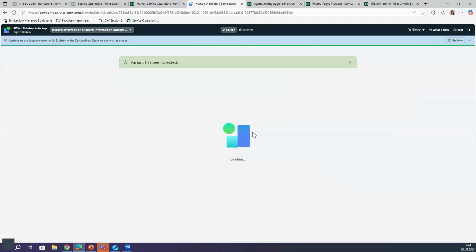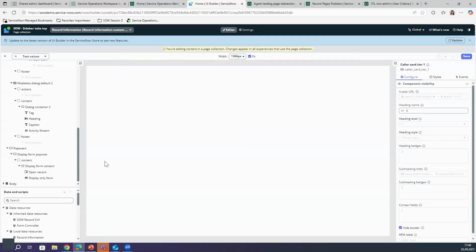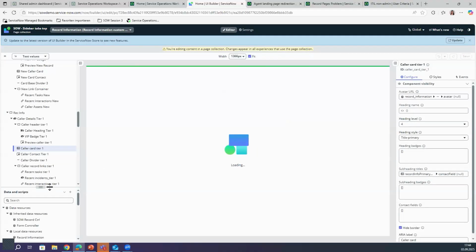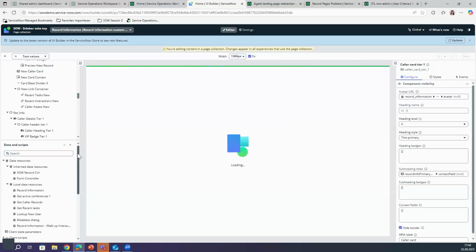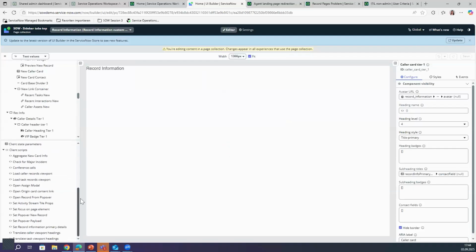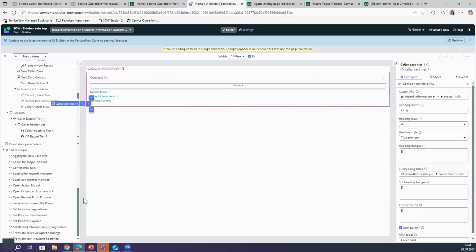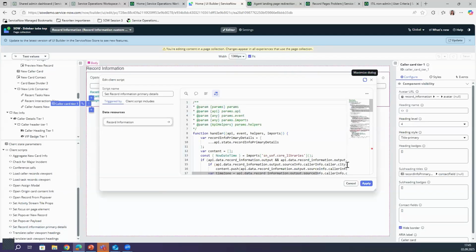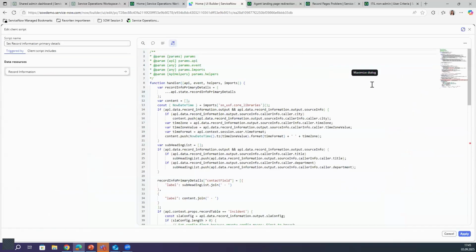And then when the variant is created, I will have to scroll down to the script that is down here, and go into set record information primary details. If I expand it, as you can see, I want to change this one. I don't want to have the time zone value anymore, the time format. So the time zone, I don't want that. So if I want to change it,